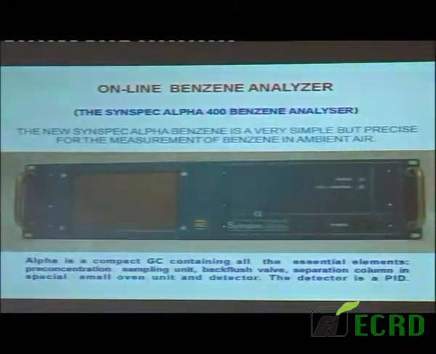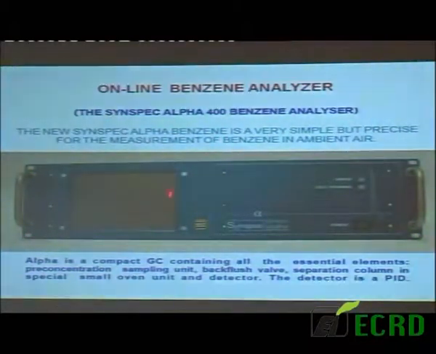This is the next methodology, which is online monitoring and very promising. And we have online monitoring system also in CPCB. So we have all passive sampling, active sampling, GC-FID, GC-MS, as well as the online. So I tried it long back. I first started in 99 with the same company, Synspec BTX analyzer, and I found personally very promising, very accurate.